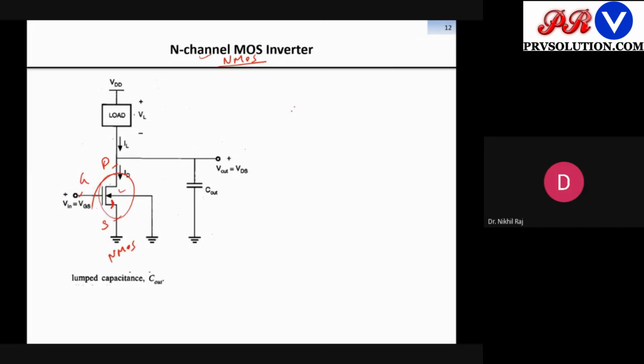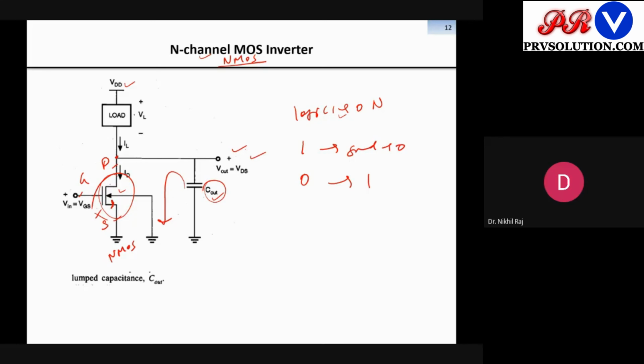Since it is an NMOS, for logic 1 it will be in the on condition. When it is on, let's assume very little resistance is there, so what will happen? The ground potential will reflect to the output, meaning the output will get a discharge path to the ground, and whatever the Cout charge is there. Cout is the output capacitance associated with this node. So this complete charge will get discharged. This means logic 1 at the input will give you ground at the output. Ground means 0. And when the input is 0, NMOS is off, and whatever the supply is there will be reflected to the output. Then 1 will come. So this is behaving like an inverter.